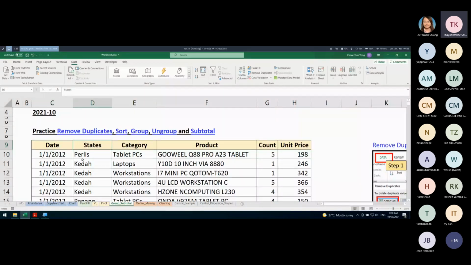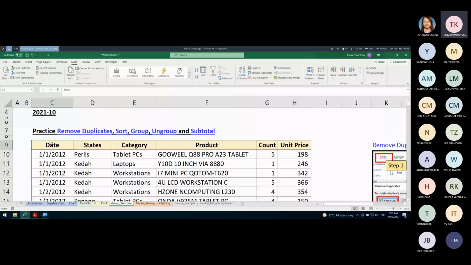So one of the ways is we can select the whole table here. Whether you select or not is not too important, but because of different versions, the algorithm may be slightly different. Of course, in newer versions, the algorithm is better. So you want Excel to get exactly the range you want. So we can click at C9, which is the date here, and then